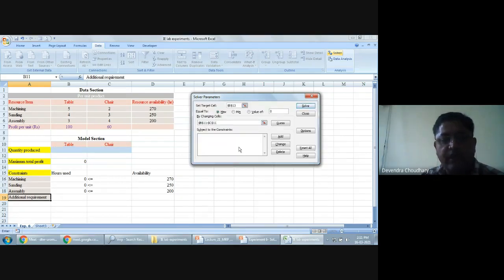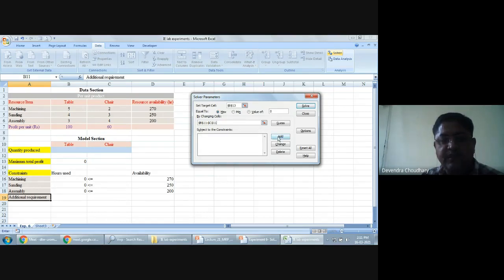So we have set the objective function here, and the objective function is of maximization type, and by changing cells means only the decision variable values can change. Further, we define the constraints.